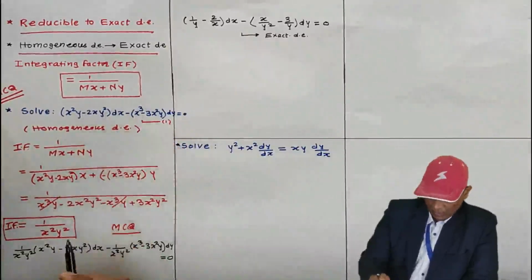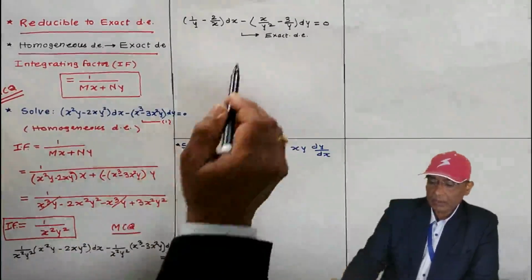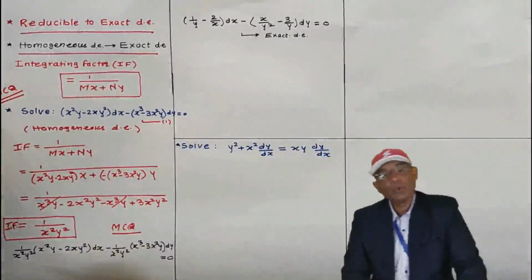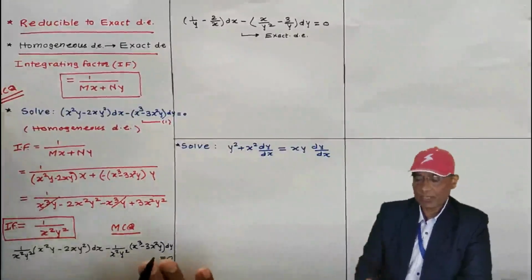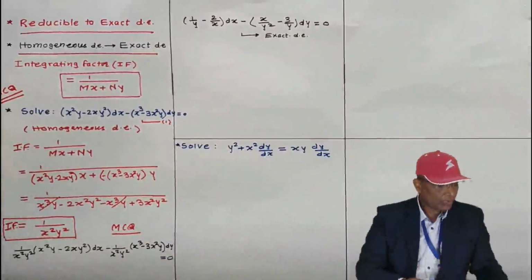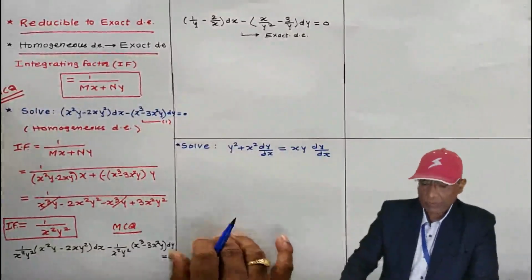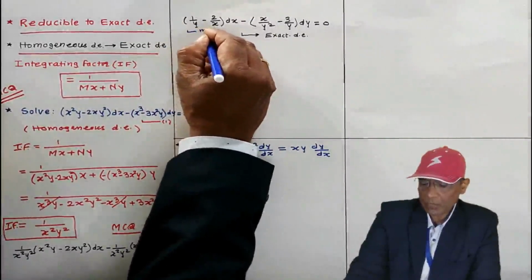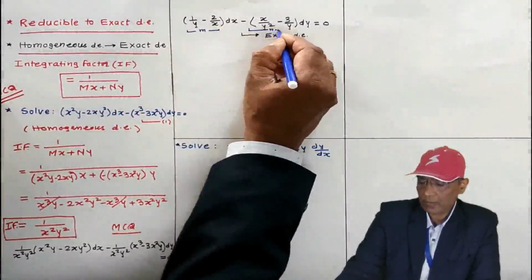That's all. Now, after multiplying this equation by the integrating factor, this non-exact differential equation is going to reduce into an exact differential equation. It is very clear, so there also it is not necessary to check. But this is the first problem. In short, this is m, small m I am using. You can use capital N also, small n.